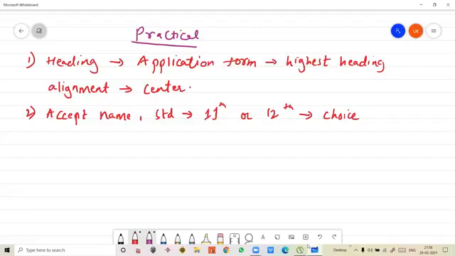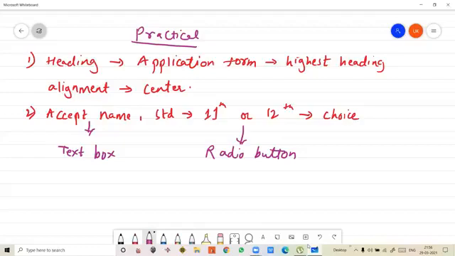Here you have to take a text box, and here you have to create the radio button. I'll write so that you can understand. Here it should be the text box, and here it should be the radio button, because a radio button is for selecting any one option. But if you want multiple option selection, then you have to use the checkbox. But here it should accept either 11th or 12th, not both. So that's why we use the radio button, to select a single option.